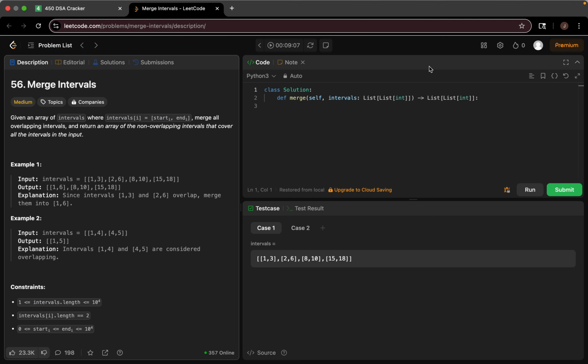So this is the LeetCode platform where we have to code, and in this problem it is saying that given an array of intervals where intervals[i] is equal to [start, end], merge all overlapping intervals and return an array of the non-overlapping intervals that cover all the intervals in the input. So basically what we are doing here is, for example, this interval is given,